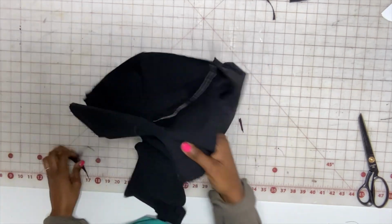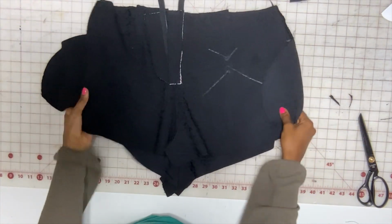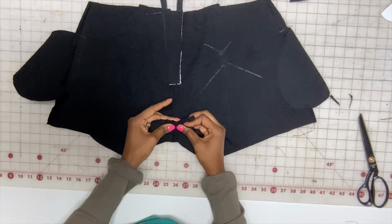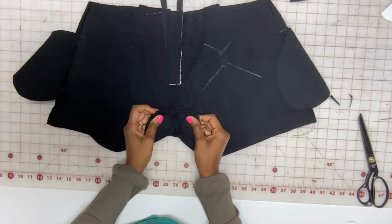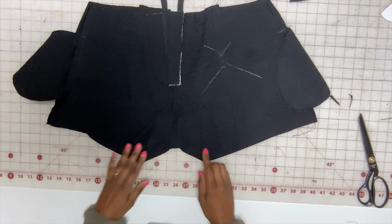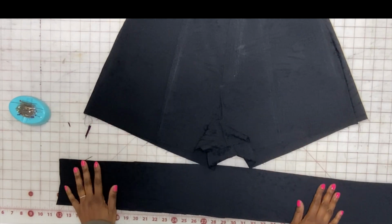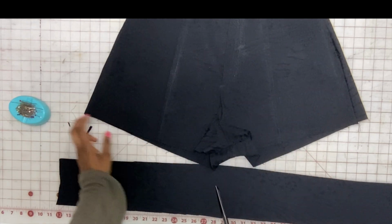And now we're going to go ahead and turn inside out. Line up the front and the back crotch. That sounds so ugly. Go ahead and pin, stitch, and then press the seam allowance open. Okay, we have this part here stitched and pressed. Now what we're going to do is work on the bands that are going to go around the